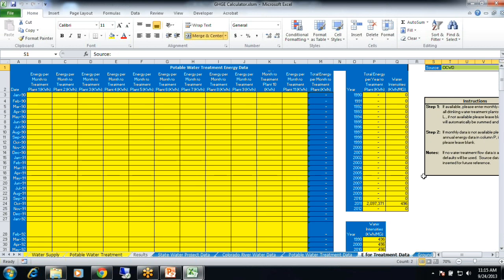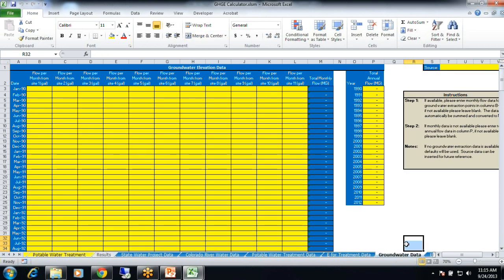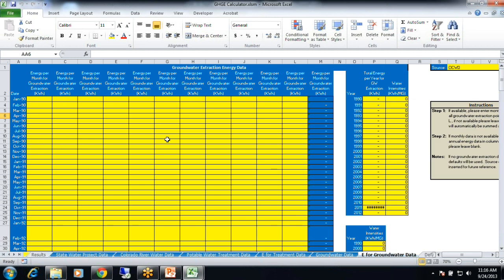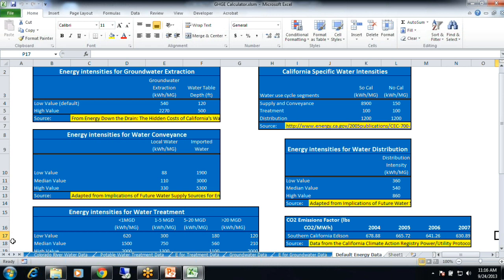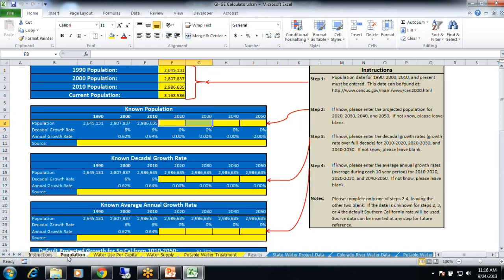And you can put it in monthly or annual, and it sums it all together and gives you an energy intensity. So this will show you what your energy intensities are for that specific energy use. Or excuse me, I said water intensities, I meant energy intensities. And the same thing for groundwater. So you put in each of your pumps that you're analyzing, the flow data for those pumps. Then you put in the energy data for those pumps. And that's how you get really detailed site-specific results, is you go through and you put in that monthly data or annual data.